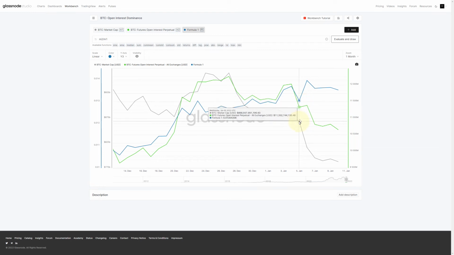So it went up, and then let's go to the next line on the 6th here. On the 6th, you have market cap dropping even faster, and then you have open interest spiking up slightly. This thing went up. I think I just did that. And then going towards the 7th of January, you have the market cap continuing to drop down, and open interest also dropping down, almost the same slope. You see that?